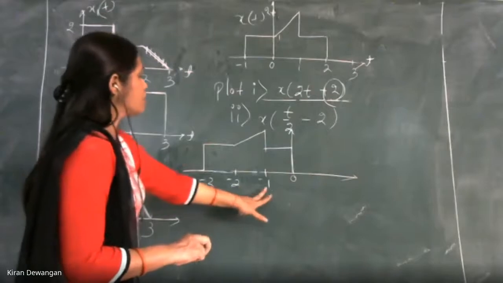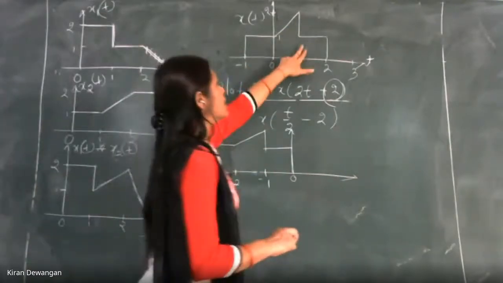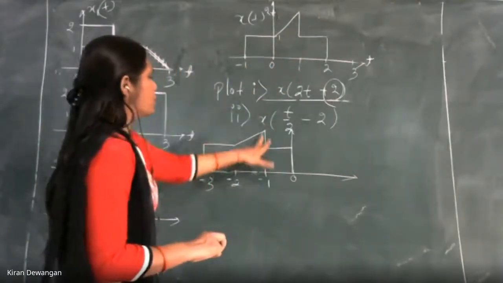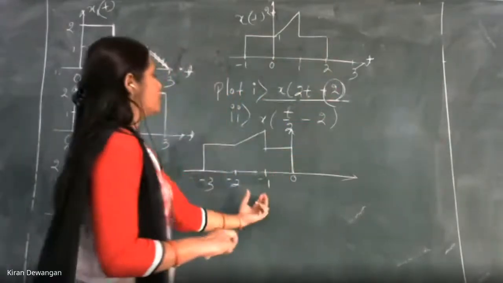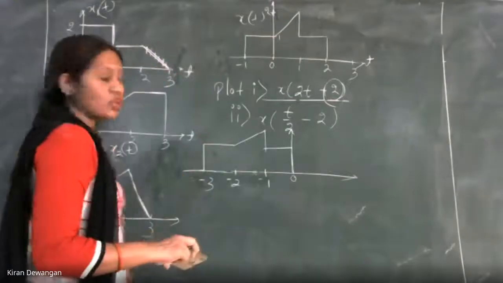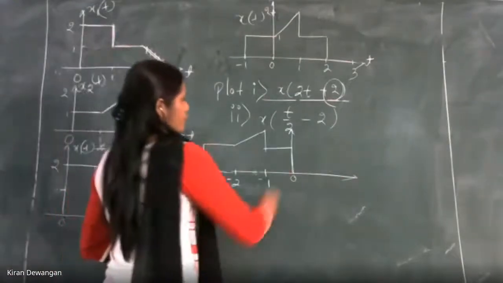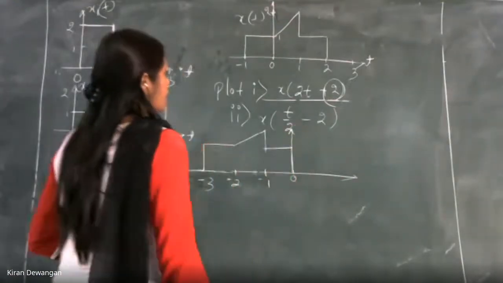And in between -2 to -1, this is the signal. So it will be this one. And this signal 1 to 2 will shift to -2. Sorry, -1 to 0. This is the shifted signal. Now,